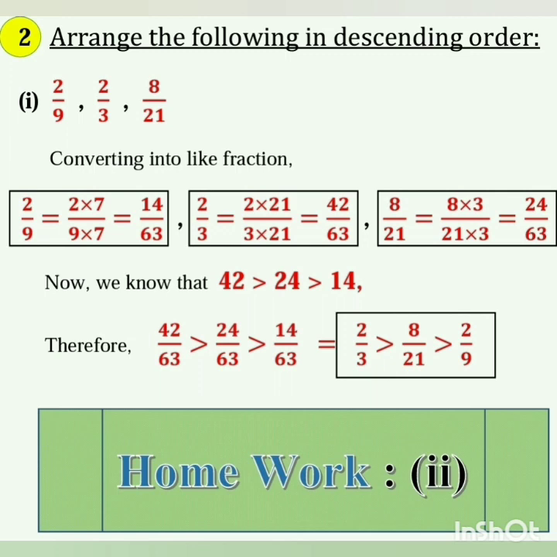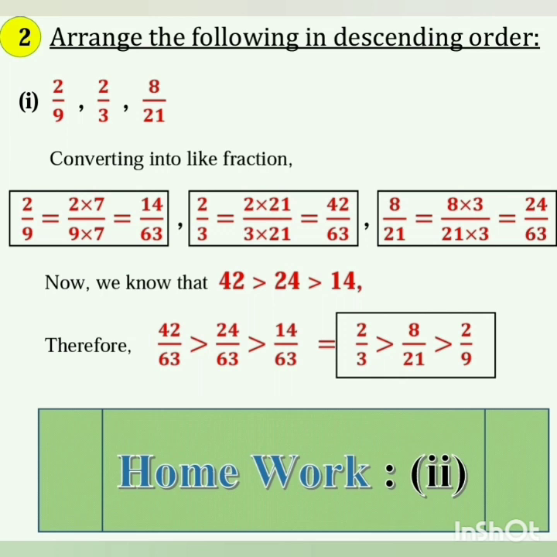So 3 fractions are given. First of all, please note here in all the 3 fractions denominators are different. So at present we can't say which one is the greatest and which one is the lowest. So first we have to convert into like fractions. So the first fraction is 2/9, which is equal to 2 into 7 upon 9 into 7, which is equal to